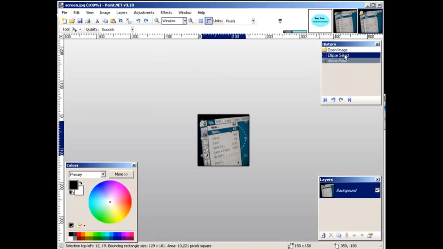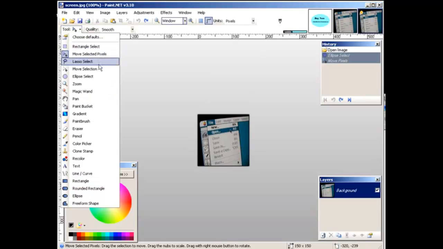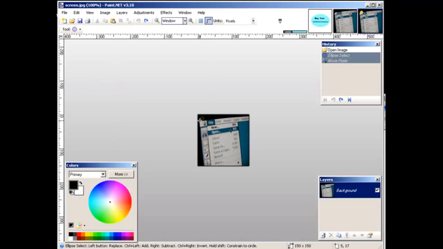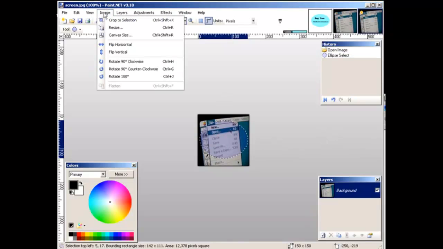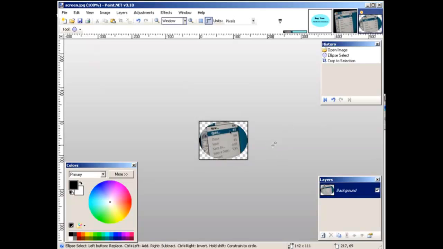Actually, I don't like what I did there. Let's go back. Go back to our ellipse select. And we'll select a part of this image that we want to use as our button, like so. Then all we got to do is go into Image and crop the selection, and there we have our button there. And now what we can do is create a new layer,